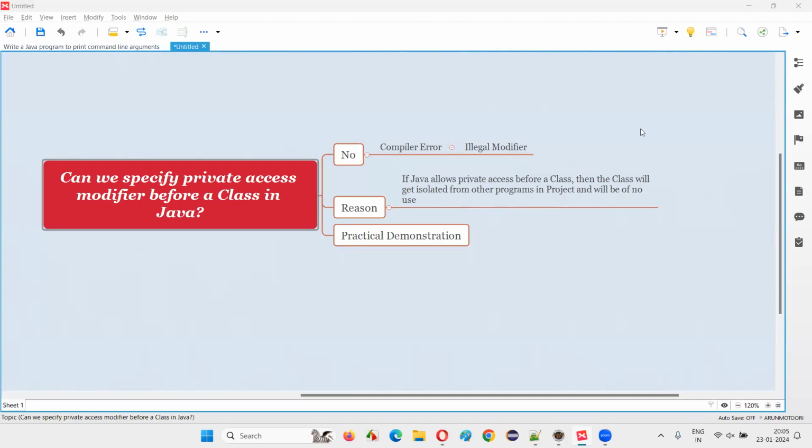In this session, I'm going to answer one of the Java interview questions. That is, can we specify private access modifier before a class in Java? The answer is no. Before a class in Java, if you try to specify the private access modifier, then you are going to get a compiler error saying illegal modifier, and private access modifier is not allowed to be specified before a class. Okay. So let me first practically demonstrate to you what will happen when you specify private access